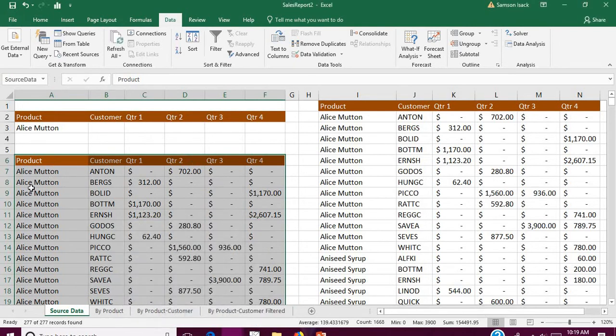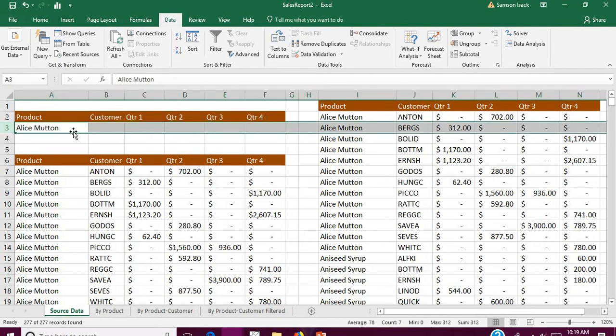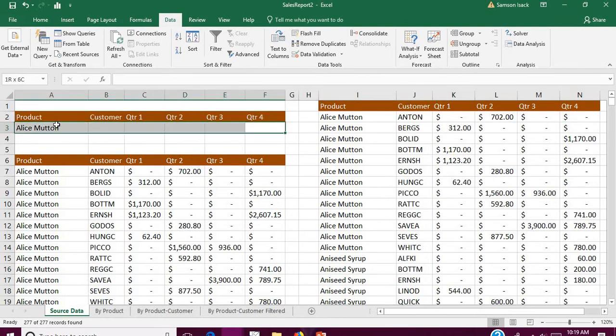Okay, given the source data, this one is our criteria range. The criteria range may differ depending on how many rows we want to use. Now we have only one criteria row, and this is our criteria range. For the other columns, customer, quarter 1, quarter 2, quarter 3, quarter 4, we are not doing anything. Only for product we are going to